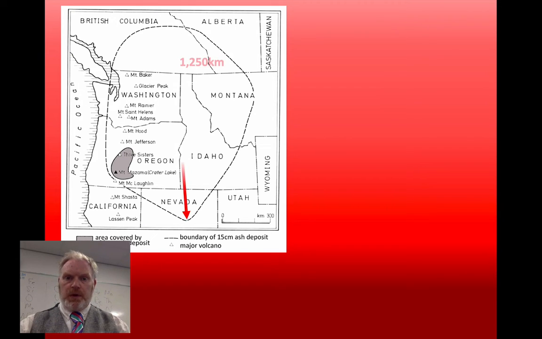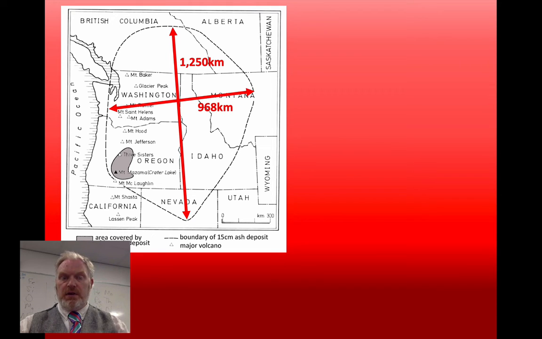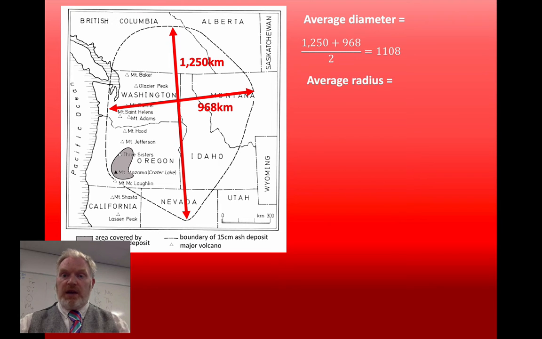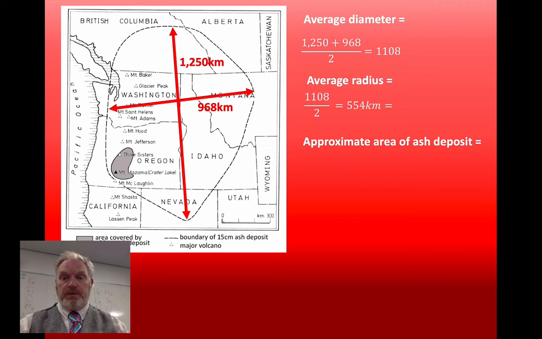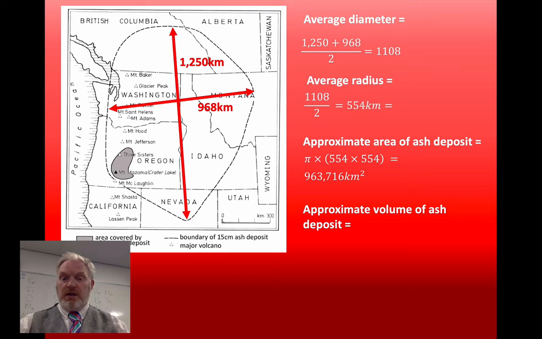So, again, if we look at the size of this area, if we measure it up, we get about 1,250 kilometres long and 968 kilometres wide. So to work out its average, we get an average of about 1,108 kilometres. So its average radius is 554 kilometres. So if we now work out the area of that ash deposit, put it into our equation, pi r squared, we get an answer of